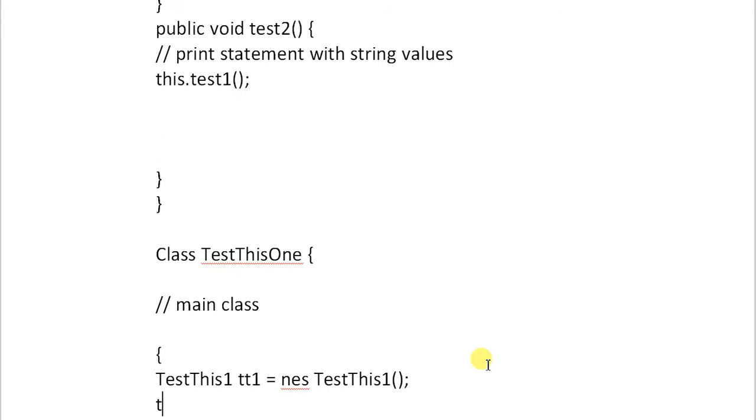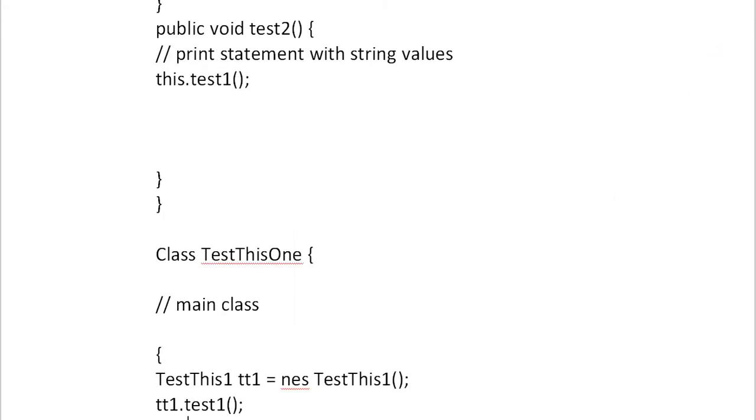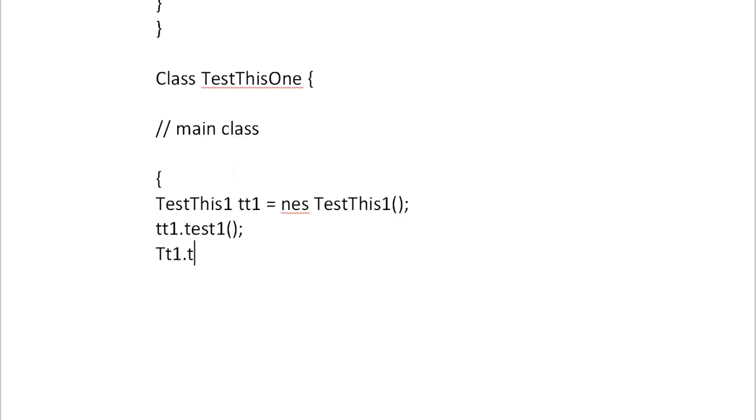Now by using the object tt1, I can call tt1 dot test1, and tt1 dot test2, because we have two different methods.